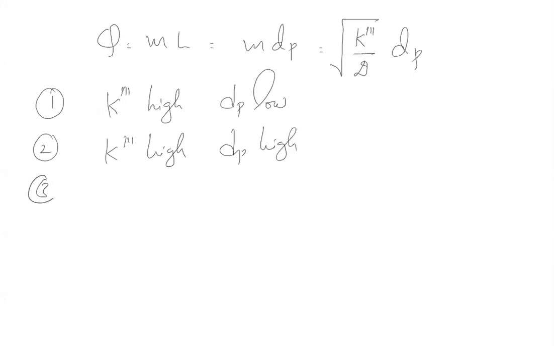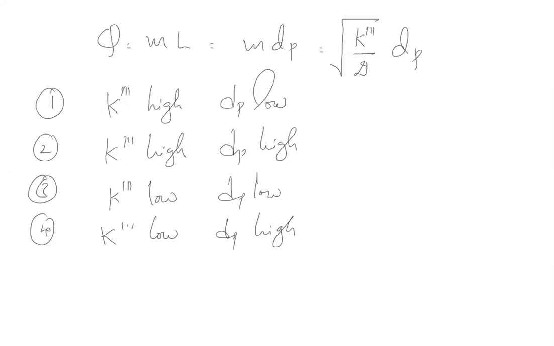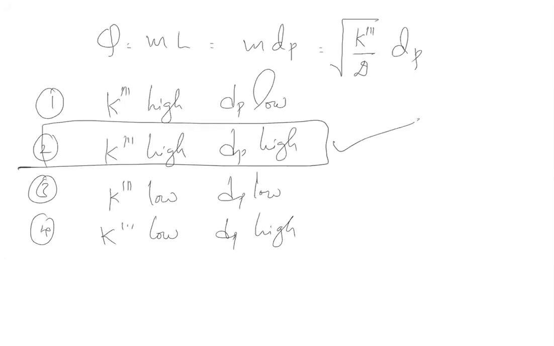Third, slow reaction is k low and dp also low. Fourth one, k low and dp high. Which option will have high value of Thiele modulus? This particular option, no? So this particular option has high phi value